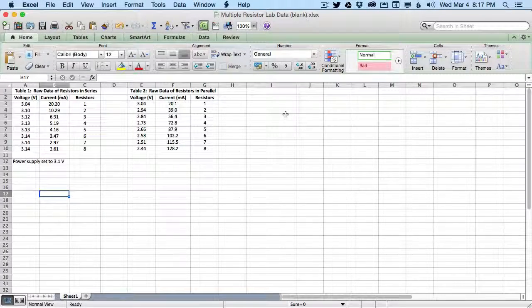Hi there. In this video, we're going to take a look at some data and how to analyze it in order to answer a question. In this lab, we had two questions, really. The first question was, we had multiple resistors. We set the resistors in series and in parallel, and we recorded what the voltage and current was of all